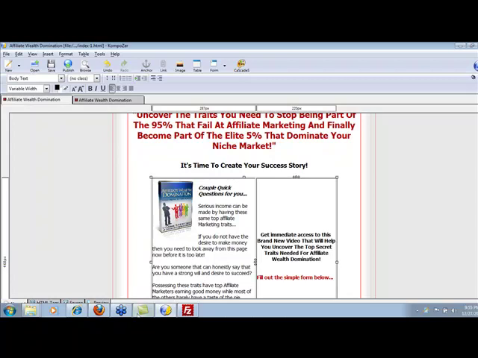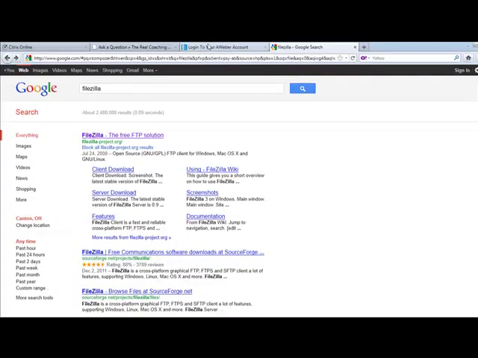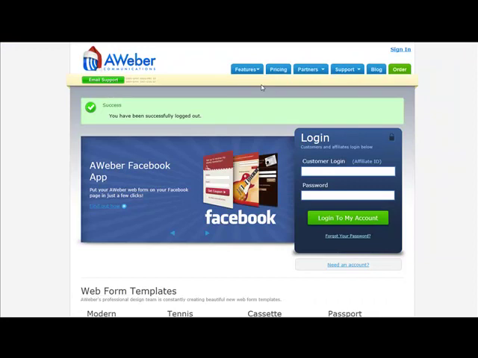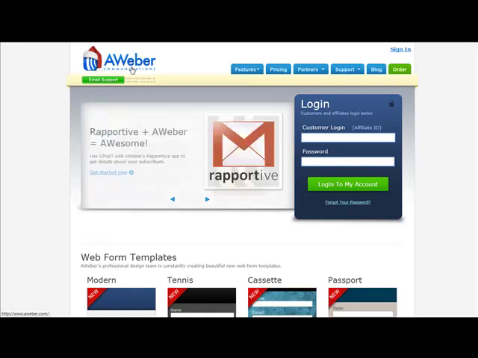So for that step, what we need to do is go on over to Aweber. Now that's another program you're going to want to set up as well. Aweber is absolutely great. Your first month, I believe if you're just starting out, it'll cost you $1 to get going with Aweber, and so it's a good program to use and check out. So okay, with Aweber,